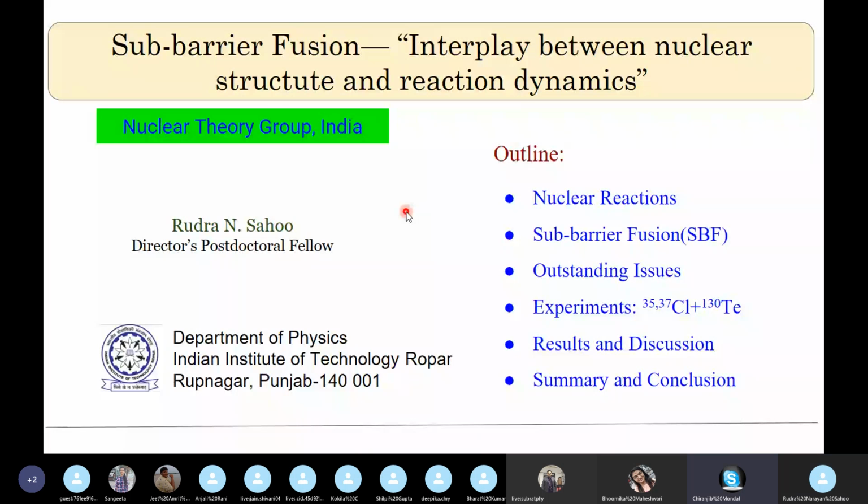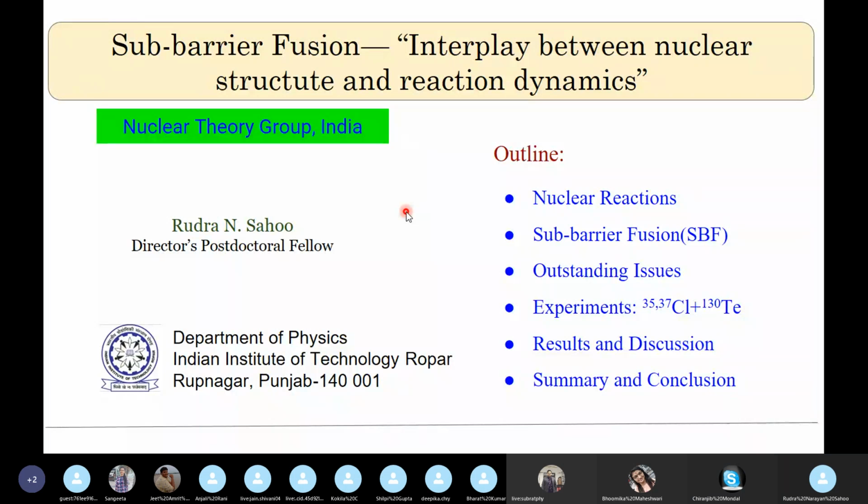He did his bachelor's from Utkal University in Dhenkanal College in 2011, and he finished his masters from School of Physics, Sambalpur University in 2013. Then he joined IIT Ropar for his PhD there last year, and currently he has joined as a postdoc in China Institute of Atomic Energy in Beijing,